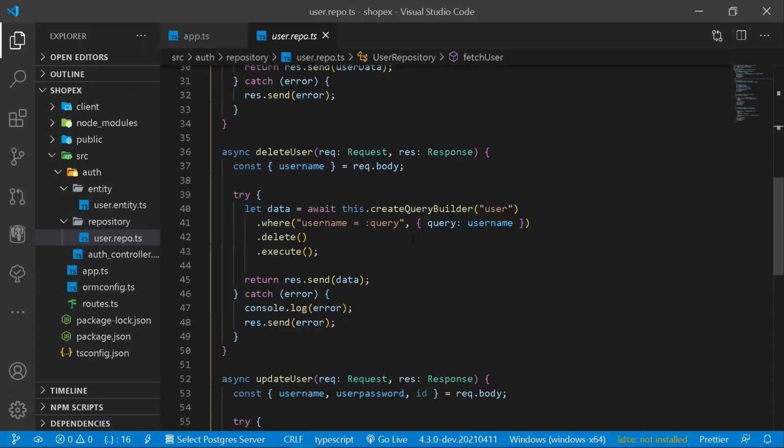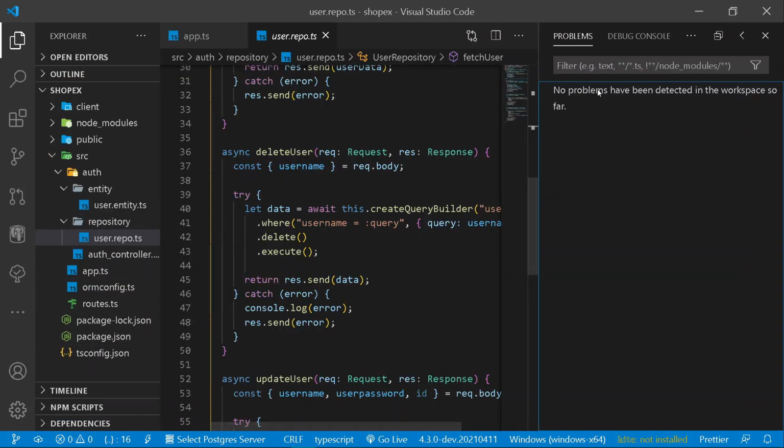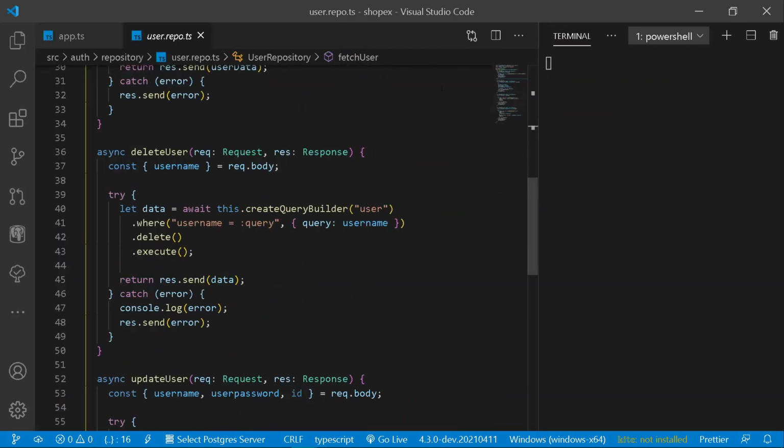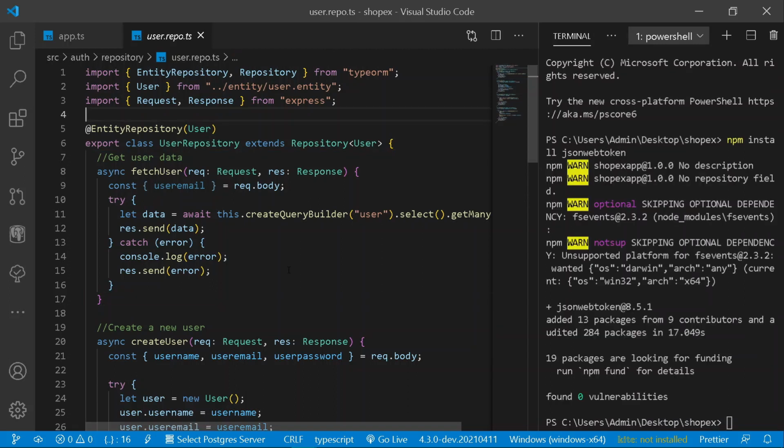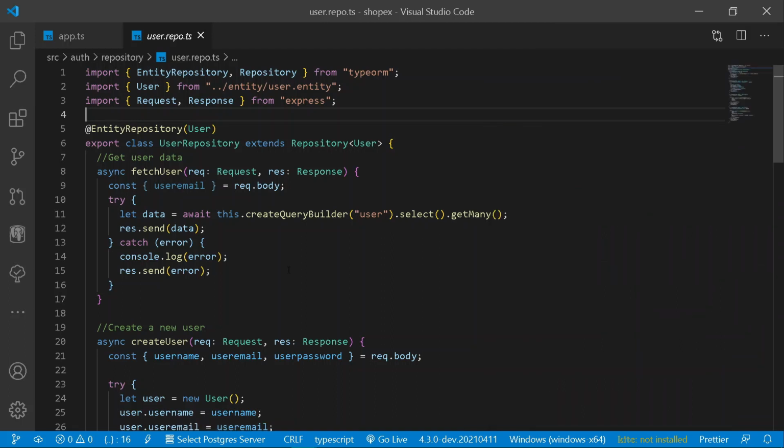Alright, first thing first, what we are going to be doing is opening our terminal just like this from here. And onto our terminal, we need to install JSON Web Token under our project as well. And so for that purpose, you should be writing the following command of npm install jsonwebtoken. Press enter just like this. Alright, so once we have got our JSON Web Token, we are good to go.